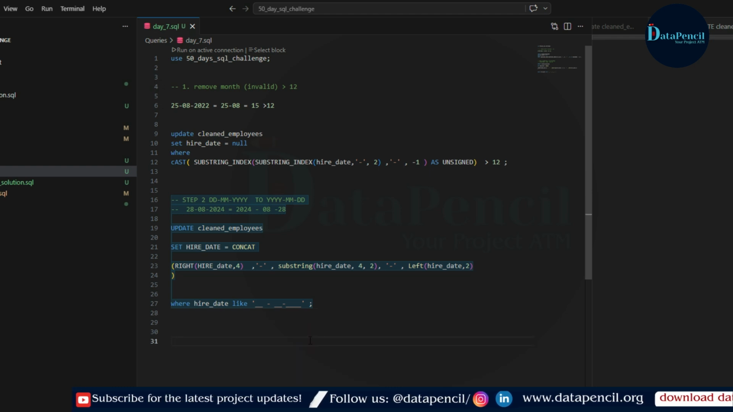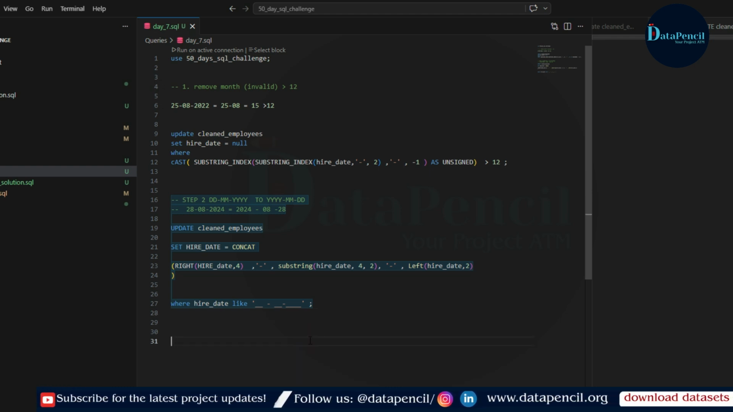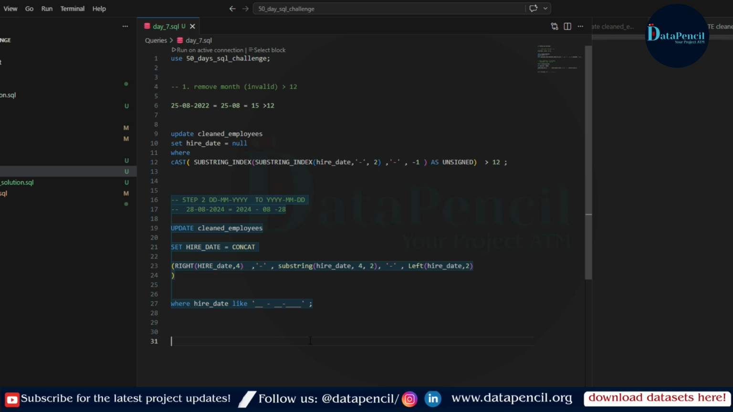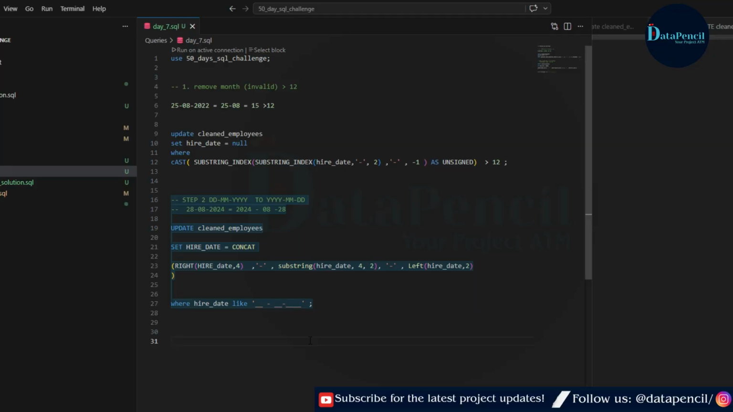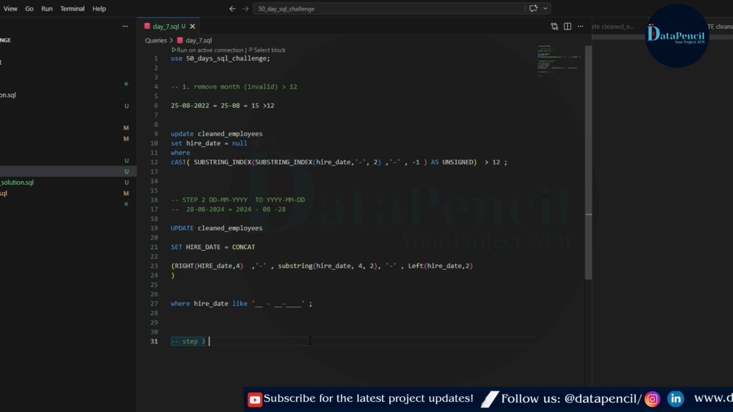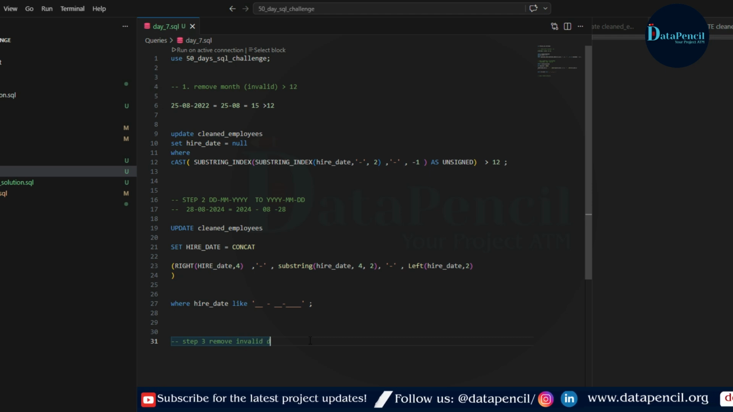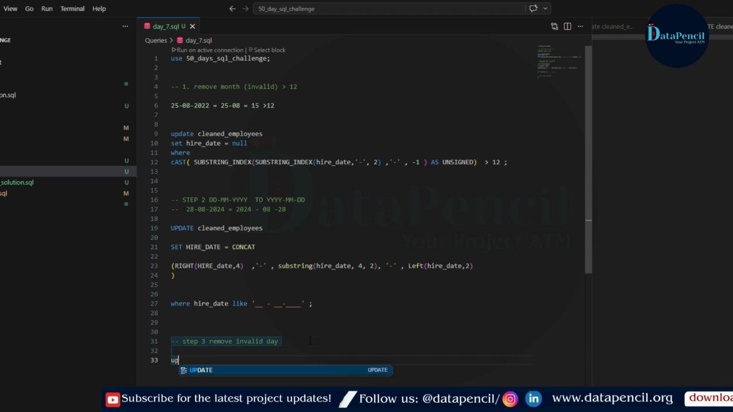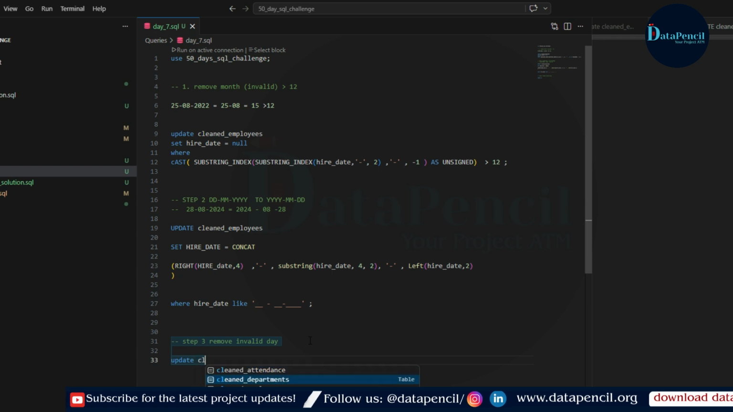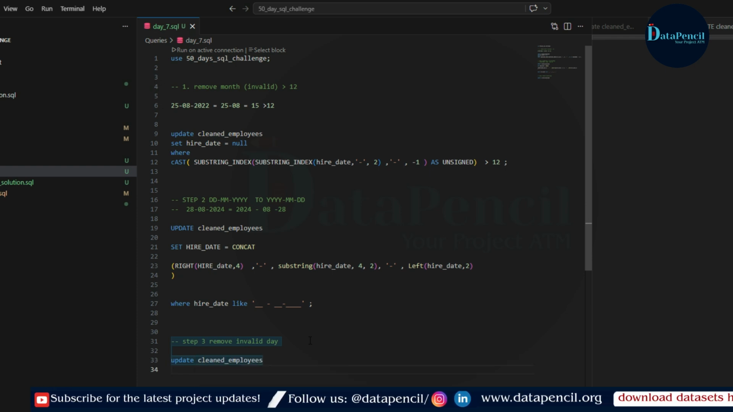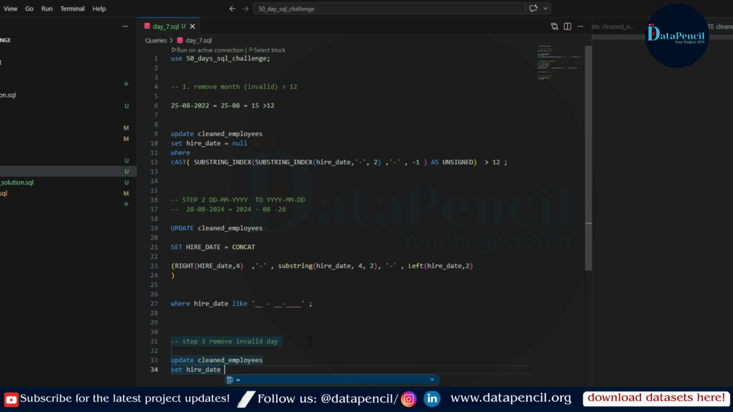Correct? Now our next task is to remove the invalid days, meaning the days that are greater than 31. So for that, let's write step 3: remove invalid day. And we will use again the same update, clean employees, set hire date equals null, where